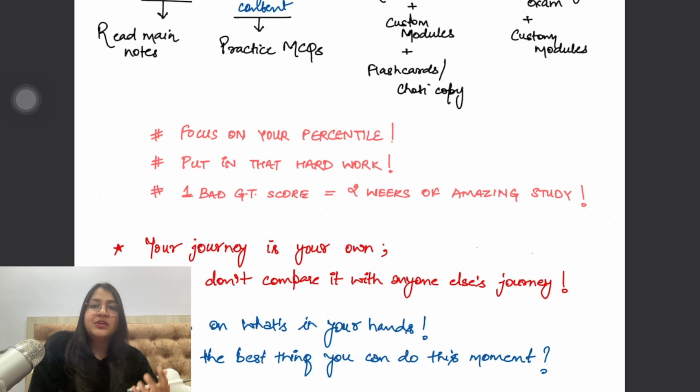Secondly, you need to put in that hard work. ठीक है. You go and ask any topper. At the end of the day, the secret to anybody's success is hard work done in a smart way. तो for the smart way part, you are watching this strategy video, so congratulations, you are halfway there. But the rest of the 50% you have to complete it by doing hard work. There is no other way around it.